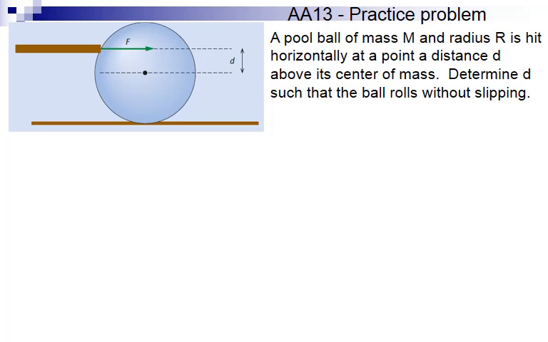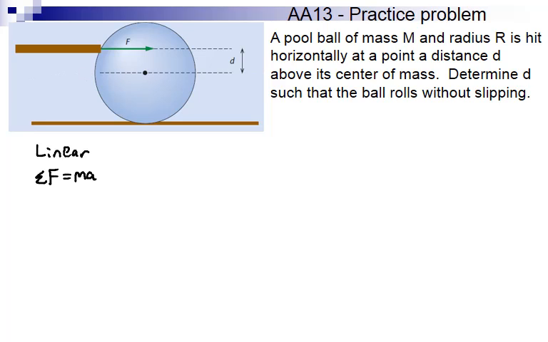Okay, so let's consider this pool ball that we hit horizontally at a distance above the center of mass here. We know that if we hit straight in the middle of this, we're not going to cause any torque, it's just going to push this forward like this. But if we have a force that's above the center of mass here, we know we're going to get some sort of a torque there. And so we want to figure out the D here, where the ball starts to roll,